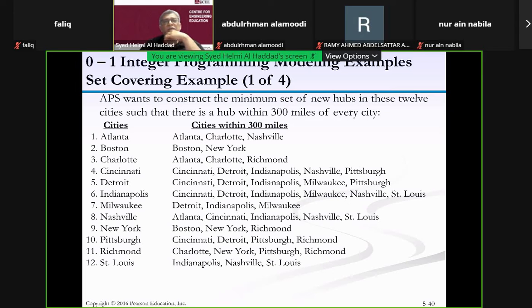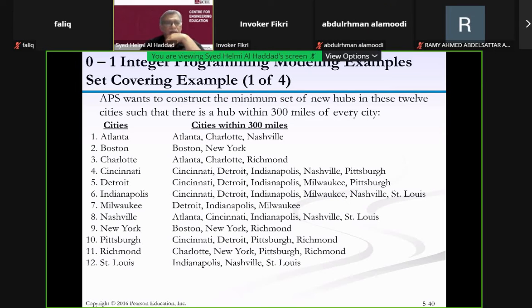So we need to have only one city, yeah? So X1, which is Atlanta, plus X3, which is Charlotte, and then Nashville will be X8, right? Should be what? Equals to 1, or